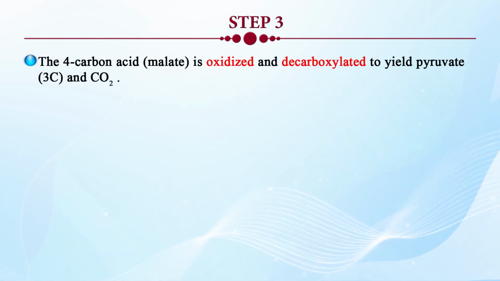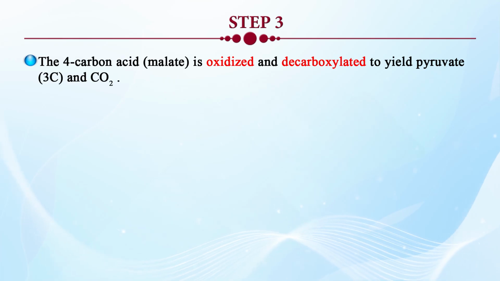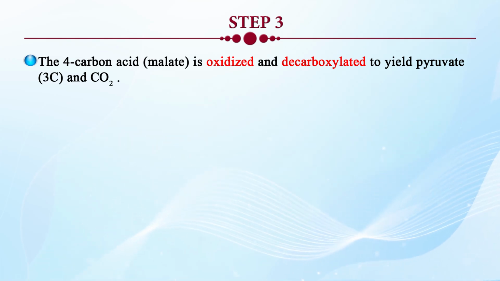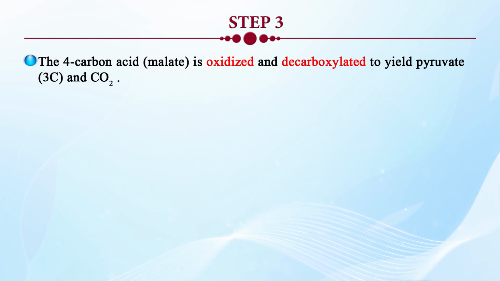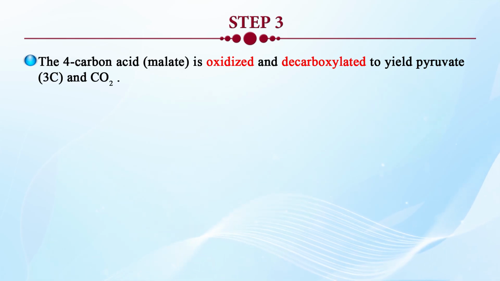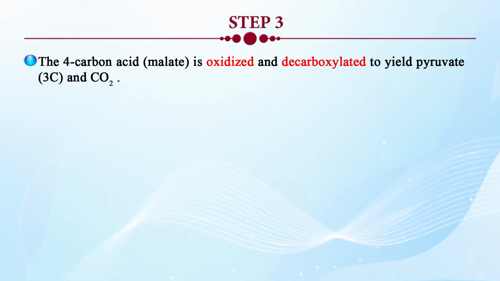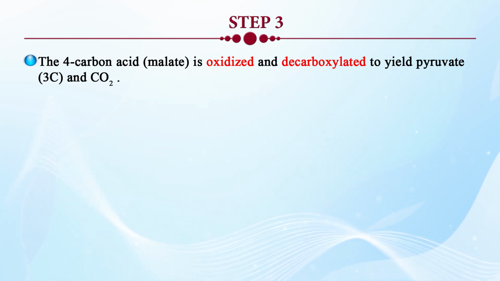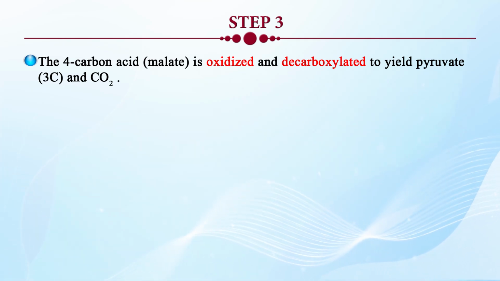Once it goes into the bundle sheath cells, there it gets decarboxylated, because our ultimate aim is to get carbon dioxide, which the cell was not able to receive because of the anatomy, because of such high temperature and light conditions prevailing for the C4 plants in the tropical grasses or in the tropical climates. So, therefore, this interior location of the cells of the bundle sheath could get CO2 through the Hatch and Slack